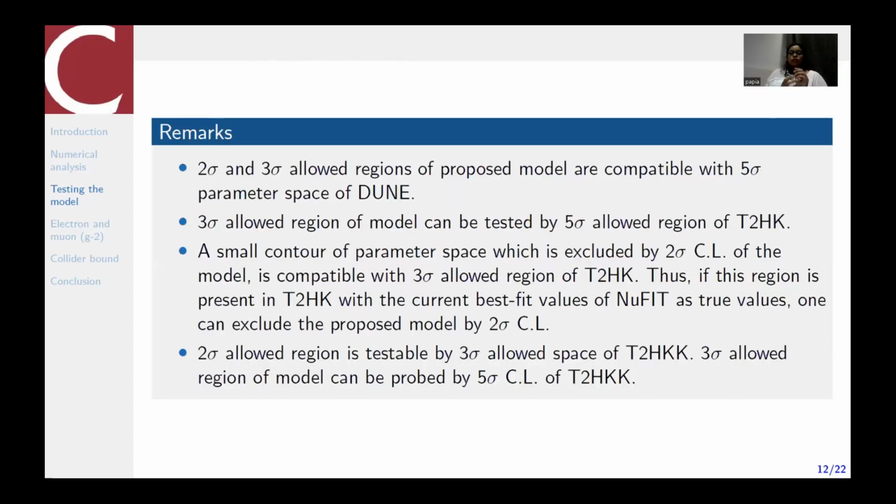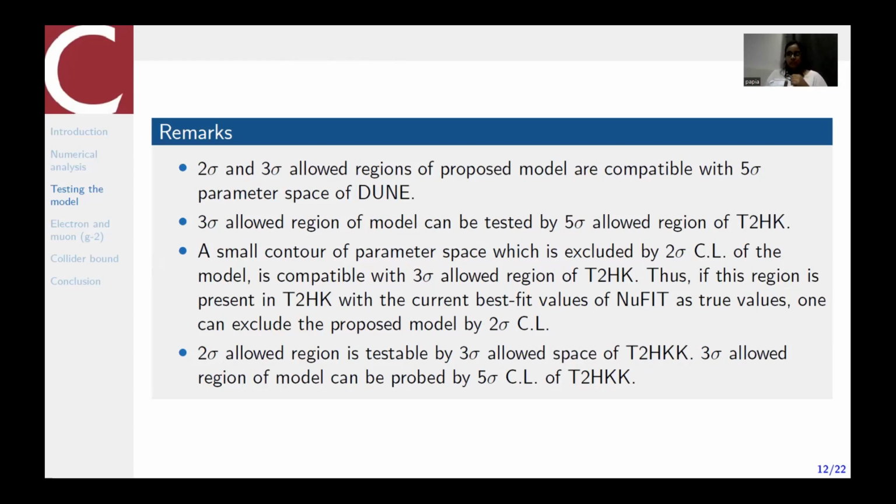From these models, whatever we have plotted in the previous slide, the results are that the 2 sigma and 3 sigma allowed regions of the proposed model are compatible with the 5 sigma parameter space of DUNE. That is for the DUNE result. Then what about T2HK? For T2HK, we can conclude that the 3 sigma allowed region of the model can be tested by the 5 sigma allowed region